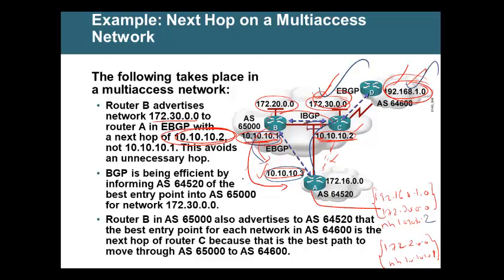But for the 10 or 20 network, it gives its own address with which you form the neighbor, because this is the best entry. But for this network and this network, this is the best entry.